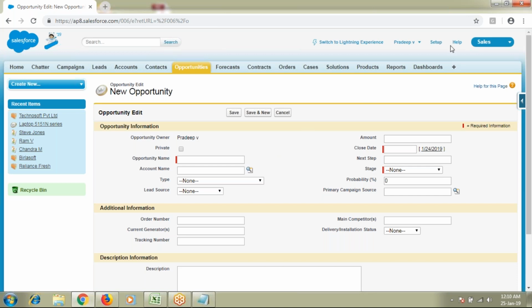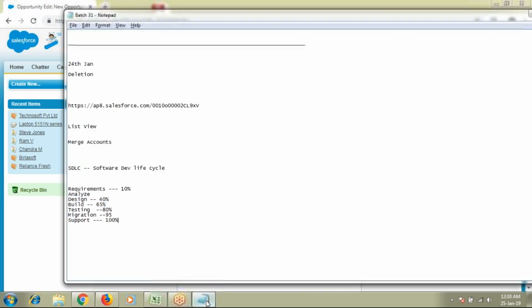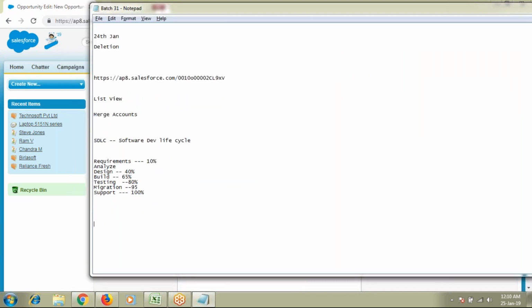If you go to your personal settings, currently you cannot see the currency field. Only in your Professional, Enterprise, or Unlimited editions do we have a feature called multi-currency, which you can enable, but not in your Developer edition.